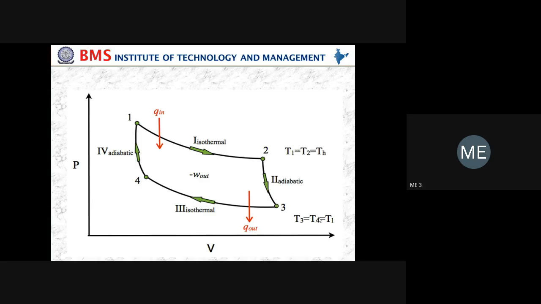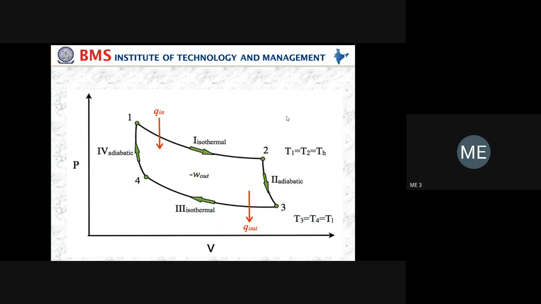Okay, so they'll ask in the exam why Carnot cycle is practically not possible. So you have to explain like this. The processes 1 to 2 and 3 to 4, that is the isothermal expansion and compression processes, are where the engine should run at slow speed. On the other hand, in order to achieve the adiabatic condition 2 to 3 and 4 to 1, the engine should run at very high speed. So for a heat engine, it is not possible to switch the speed in between the processes. Once we start the engine, we should stop only after performing all the four processes. Then only we can stop the engine.